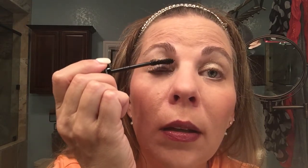Transplant gel first, one coat. You see how I do the fronts and the backs? That kind of tells my lashes who's boss. They're getting better. Remember, they were on the buddy system, and they are getting better now, and I think it